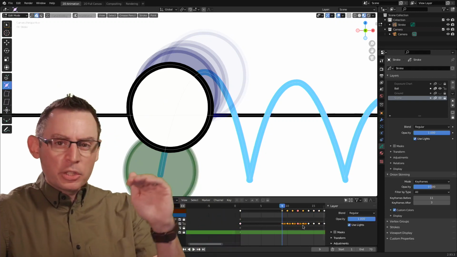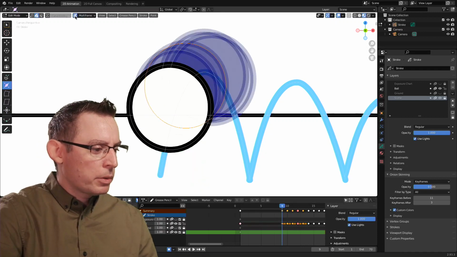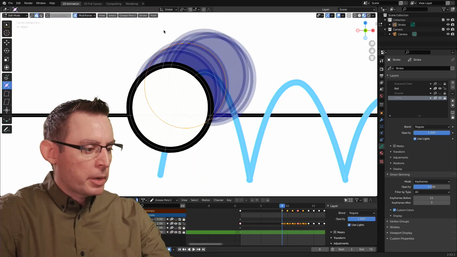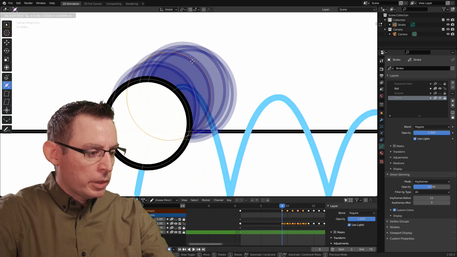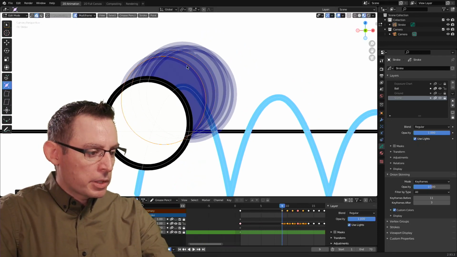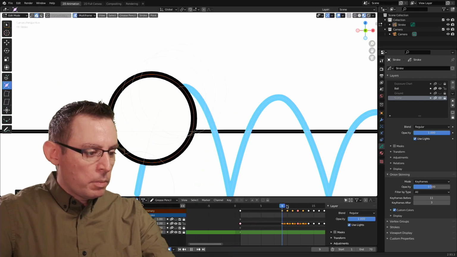I think I've selected too many frames on the other side of the arc, so I'm just going to reselect the frames that I want to work with. Fire off multi-frame, yeah, that's a little bit better. Now I'm seeing my arcs a little bit more clearly, and I can very quickly go in here and make some pretty big adjustments. I don't have to flip through all my animation frames. I can do it all in one mighty fell swoop.